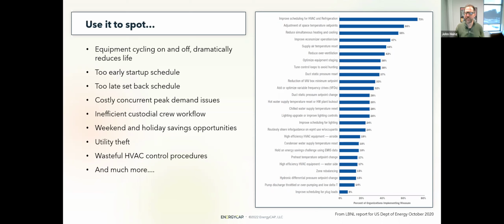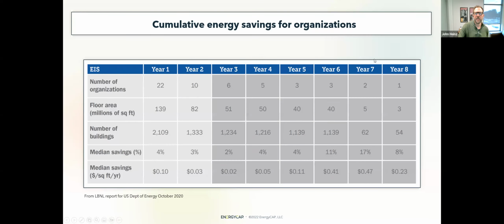So just really interesting to see all the different areas that organizations are seeing savings and what they're monitoring. Now, sticking with that same study, all of the organizations experienced savings of some sort. Over an 8-year period, the study found that not every organization stuck with an energy management platform, but across the board for all organizations studied, there was an initial savings